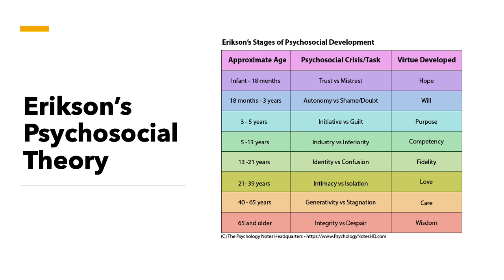So again, we have trust versus mistrust, then autonomy versus shame and doubt. Then next is initiative versus guilt, industry versus inferiority, identity versus confusion, which is actually role confusion, intimacy versus isolation, generativity versus stagnation, integrity versus despair. I'm not going to go over all of these right now because we are going to talk about each stage separately as we go throughout this course.